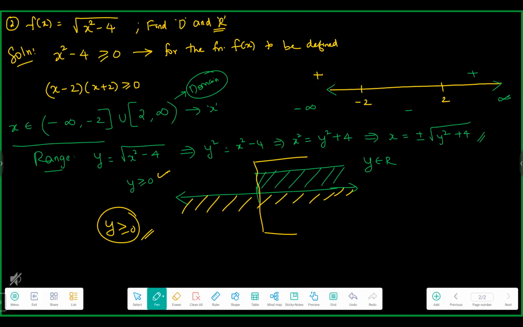See, had the question been x square minus 9, can you tell me, following the same procedure, what would have been the domain? Okay, minus infinity to minus 3 union 3 to infinity. That would have been it. But now you got the algorithm of how